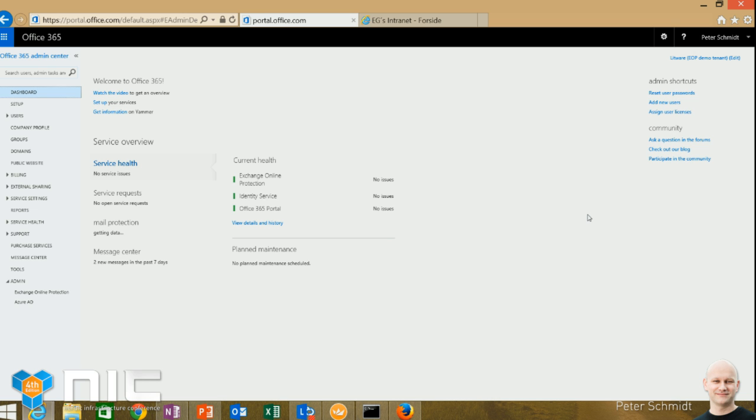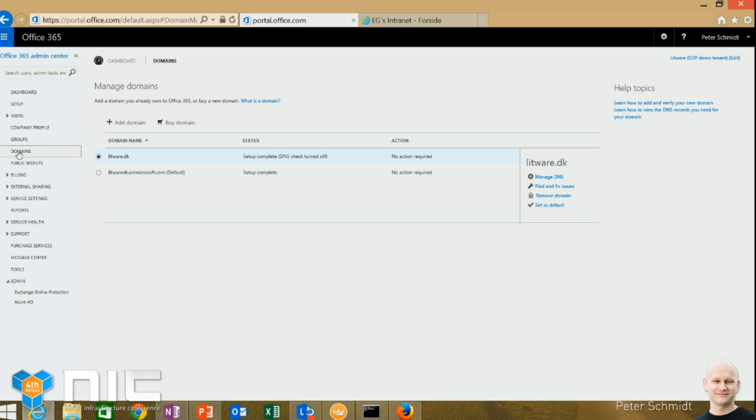What I've done on the pre-staging part for this demo is I've claimed a tenant and set it up. This one is running a trial account for Exchange Online Protection. Besides that, it's more or less out of the box. I've pre-staged one of the domains, litware.dk, so that's ready to use for mail flow. The only reason I pre-staged that already is the domain validation process can take a bit of time, so instead of waiting here and maybe risking that it's not getting validated, I did that beforehand.